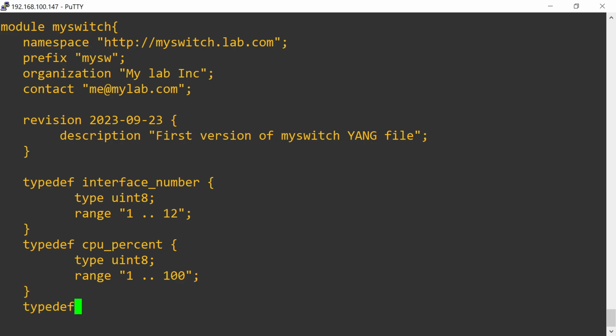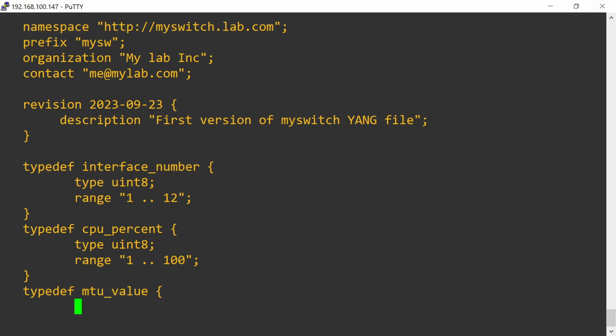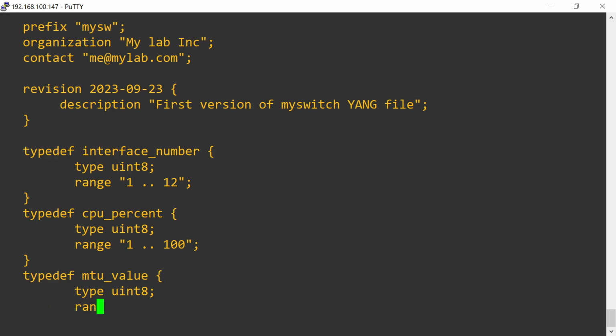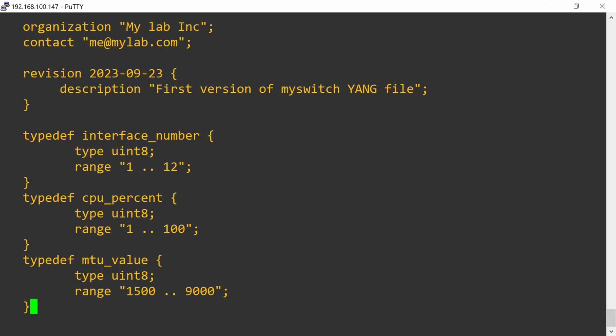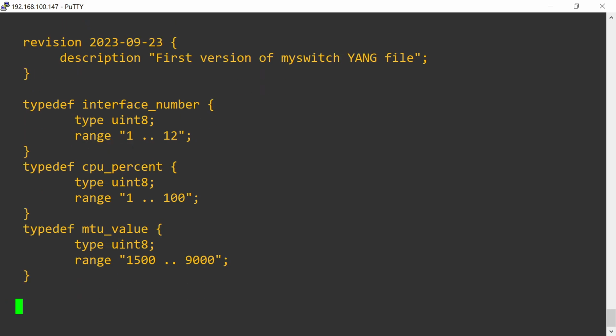Then for my MTU values, I want to have them unsigned integer of 8 bits wide and a range of 1500 to 1900. Okay, so those are my headers, my revision, and my custom variables. Next, I could start creating my tree, for instance,